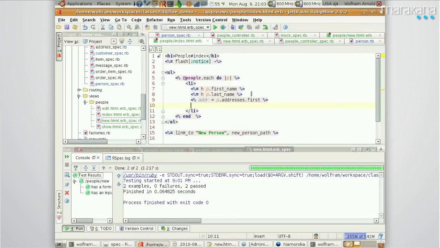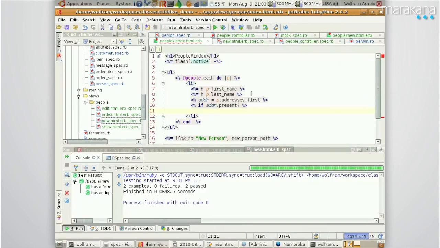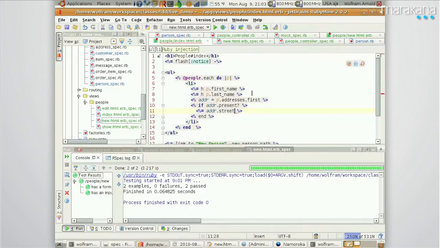Okay, let's do it this way. I'm only going to show the first address today. And if adder.present, then we do something else. So this is a part where a little bit of view logic doesn't hurt too bad,